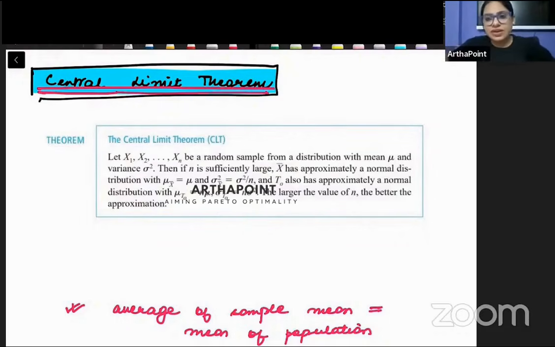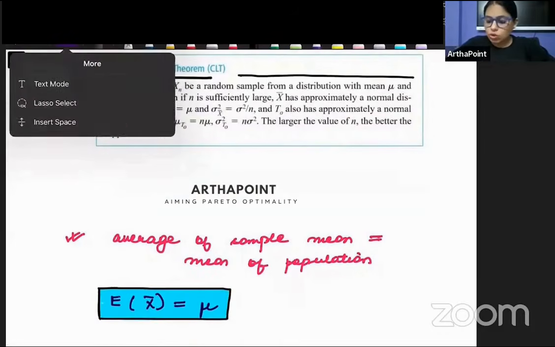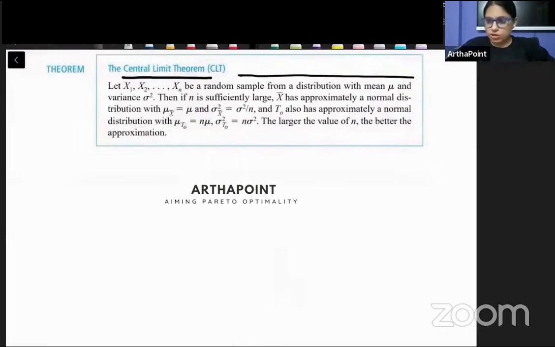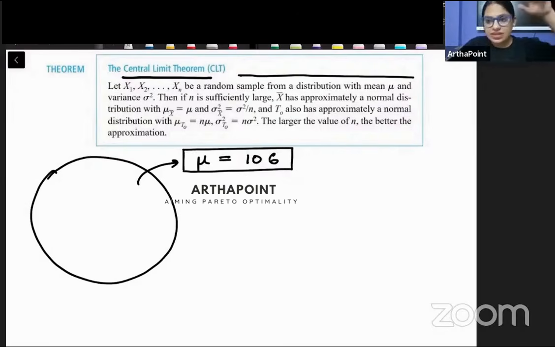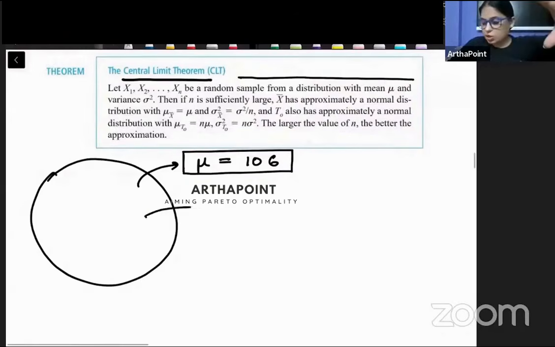So now try to understand what the central limit theorem is saying. Let x1, x2 and xn be the random sample from a distribution with mean mu. तो हमने क्या किया है ना, हमने एक population ली है, इसको बार बार दूसरे जो हमने कल example किया है, try to compare it with that example. तो उस example में the mean of the population was 106. फिर हमने इस population से sample बनाए थे, तो हमारे पास 9 samples create हुए थे. Sample 1, sample 2 and so on till sample 9. We were able to create 9 samples.